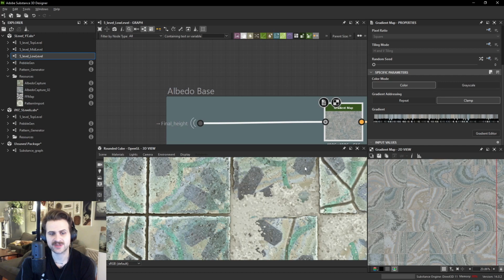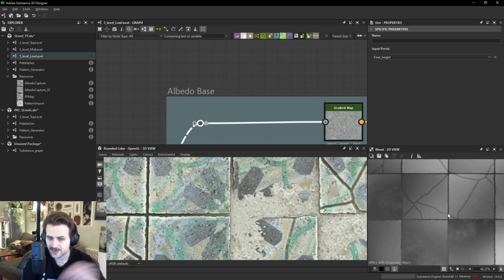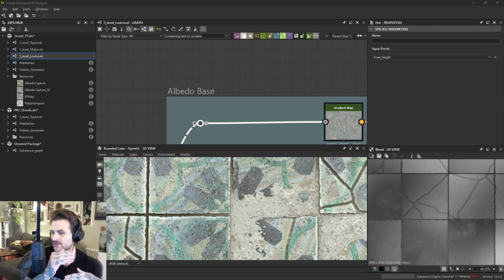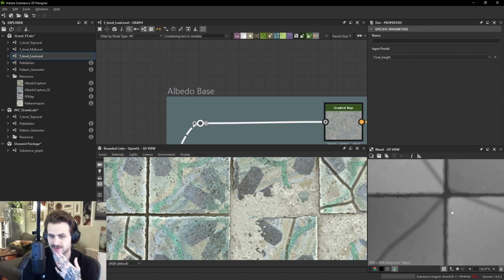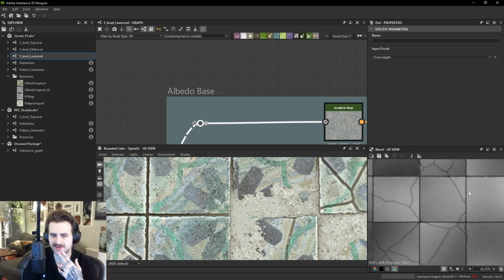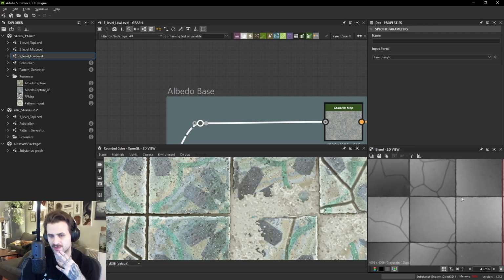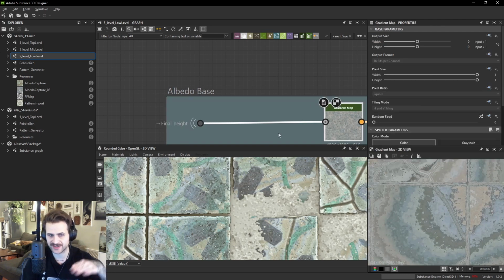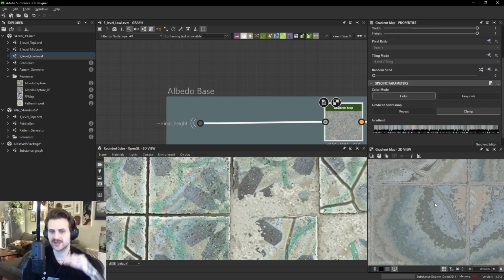The other bad thing is we're explicitly tying a piece of information from somewhere else in the graph with another piece of information, which you may or may not want. But in this case, you have no choice because the height map, this is information, right? That is representative of how tall or short your material is in those areas. The white areas are very high up. The black areas are very far down. Like the cracks are dark, right? The spaces in between the tile are dark. And then there are some tiles here that are tilted up from that flood fill, and they're whiter at the top. They're taller. Because the gradient map is taking the grayscale values and remapping them to this new range,